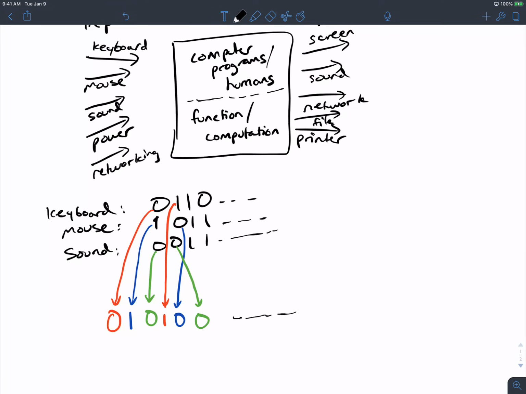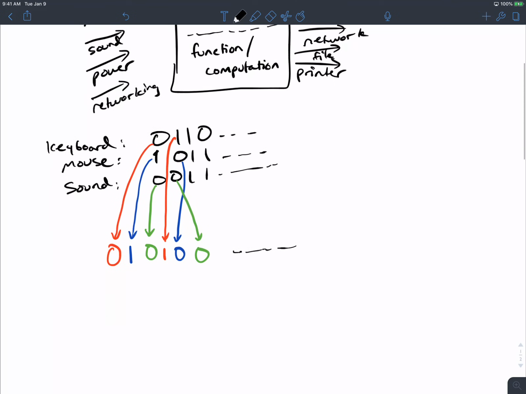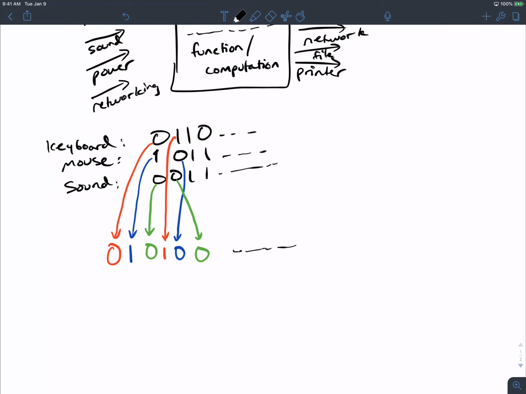Can I do the same thing with the outputs? We can interleave the outputs exactly the same way. So that's kind of cool. So we're going to consider a single input and a single output. We're abstracting all of the details away. Again, a nice thing about this class is that we abstract all the details away. So we're just looking at a single input, single output.